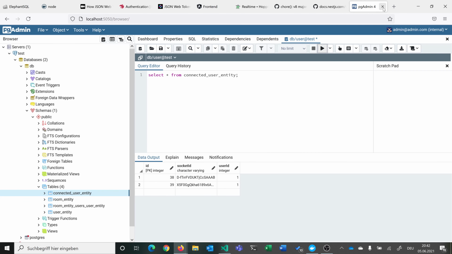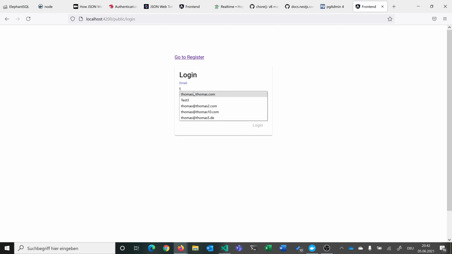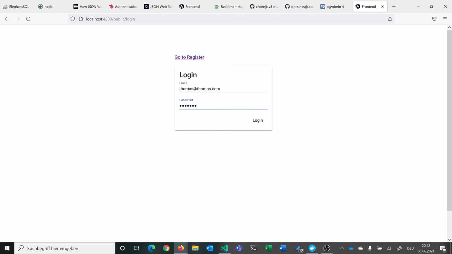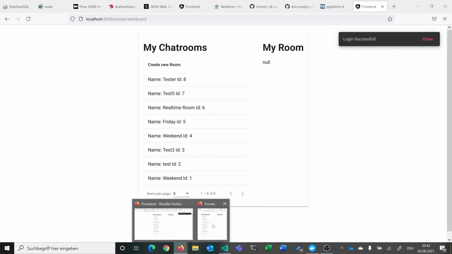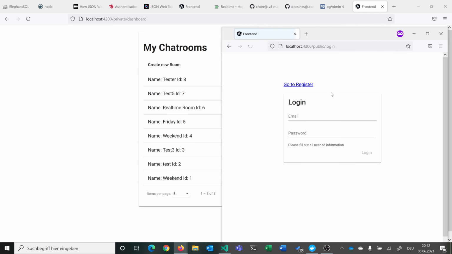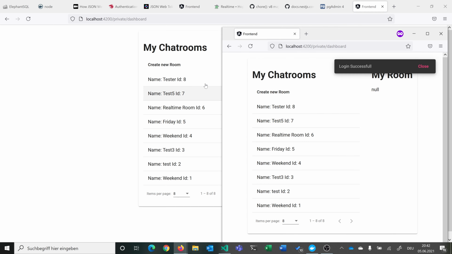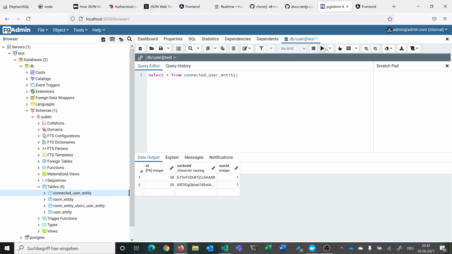So here we are now able to log in with the same user multiple times. So I can log in here the first time. And then here, for example, I'm already logged in with the same user, but for you to see, we can just do this again. So we are logging in with the same user. And now when we look here, we can see in our database that we have for our